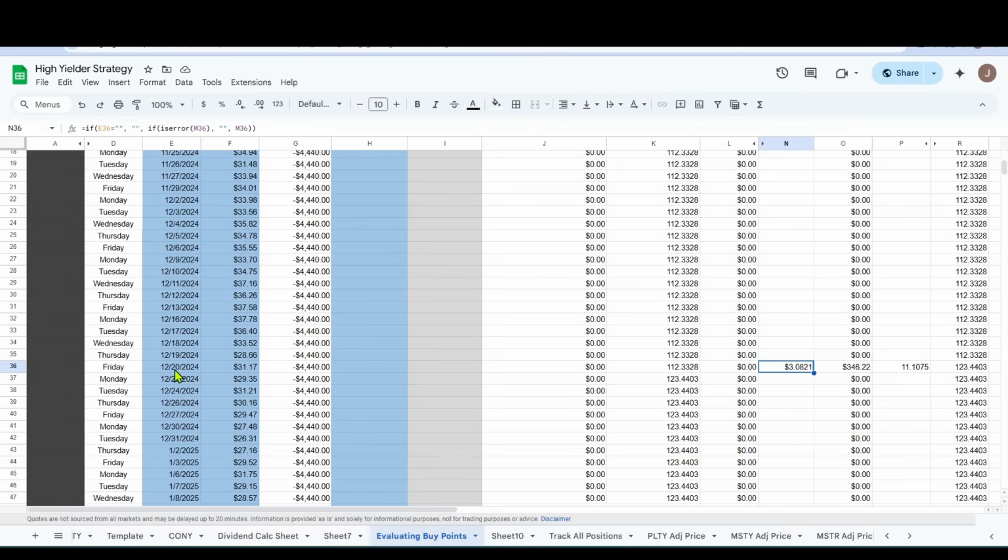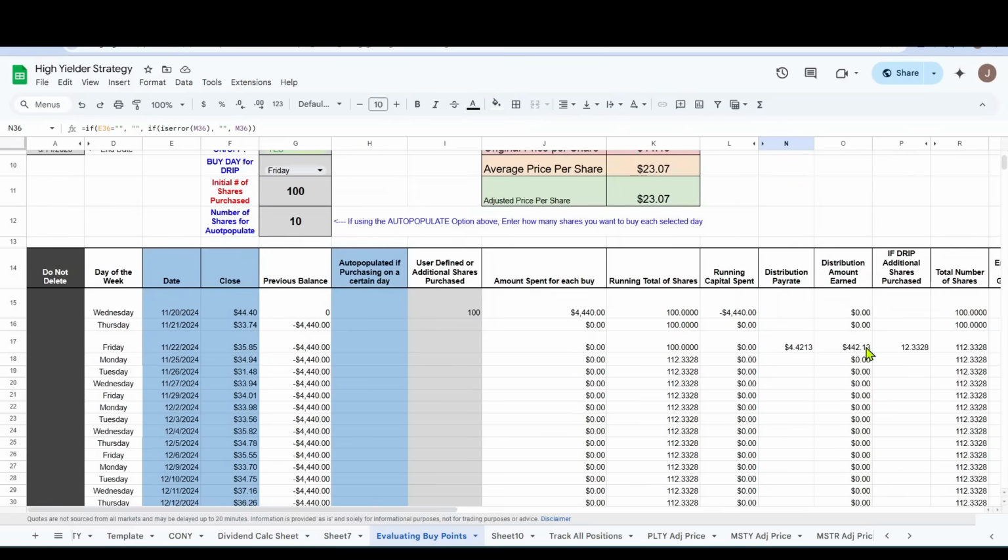And with the drip on, it will also look to see if you have the drip on, and if you do, then it will take that amount of distribution you did earn and then purchase the number of shares it can purchase with that amount at the current close price of that day. And that close price in this case being